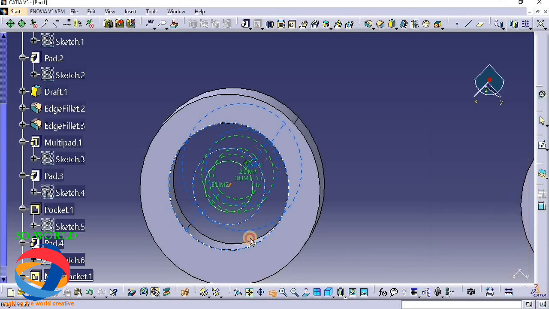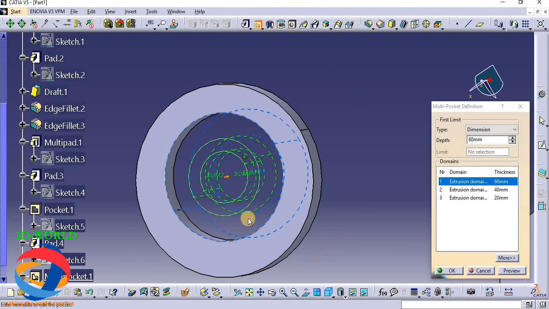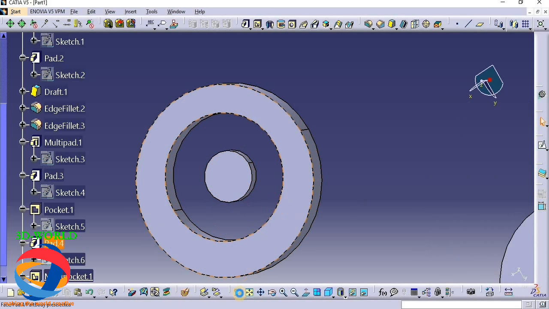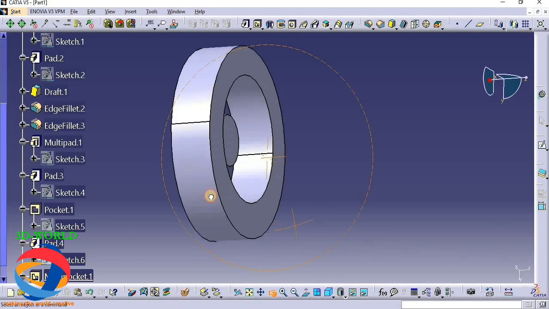Yes, look, this is the cutting. I think I've given too much. I've given this 10, this one 20, and this one 30. Okay, so